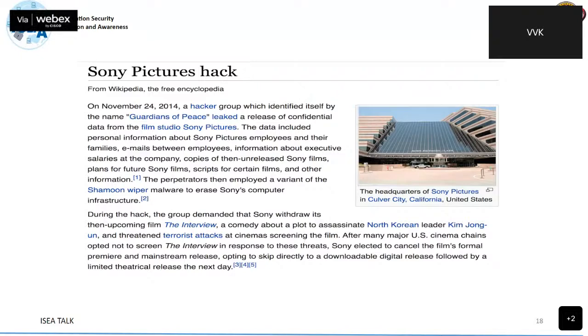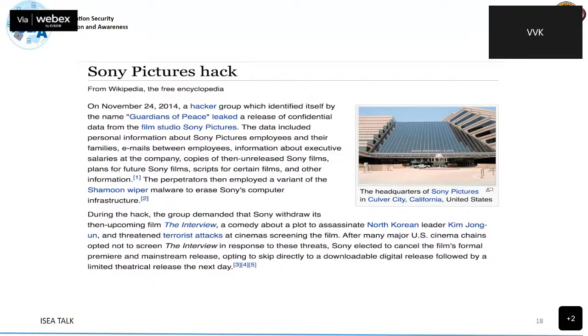Sony Pictures hack. A hacker group which identified itself by the name Guardians of Peace leaked confidential data from the film studio Sony Pictures. And the data included personal information about Sony Pictures employees and their families, information about executive salaries at the company, copies of the then unreleased Sony films, plans for future Sony films, scripts for certain films, and lot of other information.